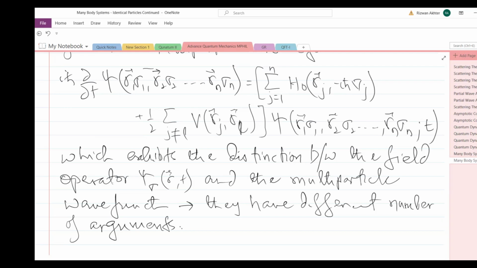So basically, this completes your many body systems and their interactions, starting from identical particles, and then we went all the way to interactions or then multi-particle system, many body systems interaction. So हमारे पास equations of motion भी आ गए, operators भी आ गए, field distribution भी आ गए, field operators भी आ गए, and so on. Next,